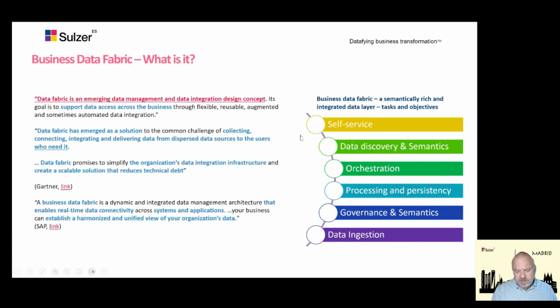on the right side. This includes self-service, it includes data discovery, orchestration, processing of data, virtual access, if possible, governance, data and data ingestion, so everything that is related with bringing data to the fabric so that we can process this data there. Another important point, which is related with data discovery and governance and in general, good practice is